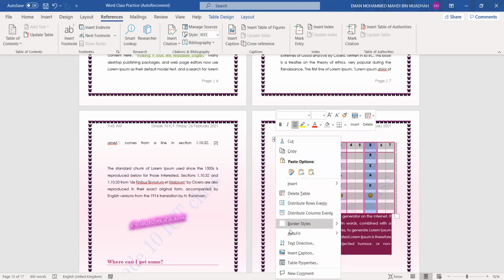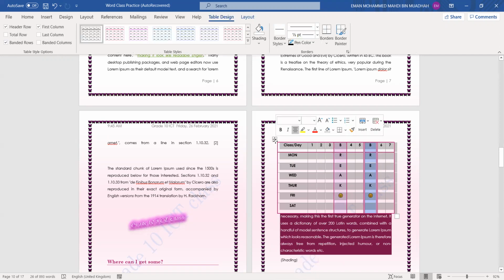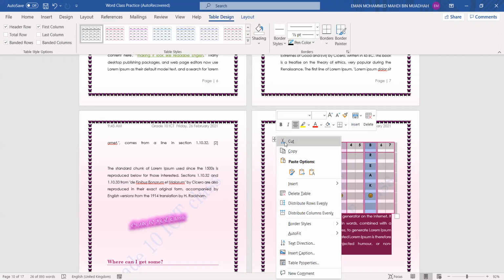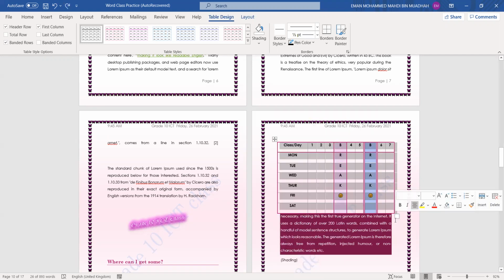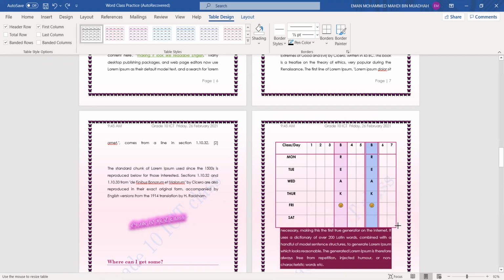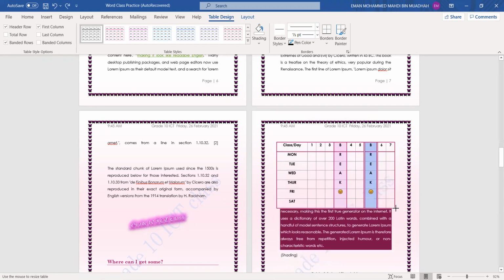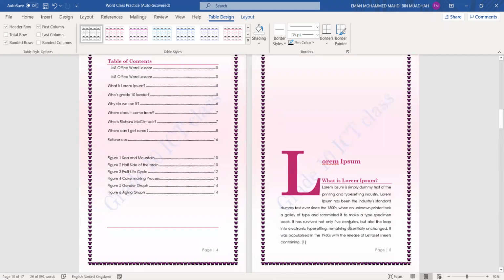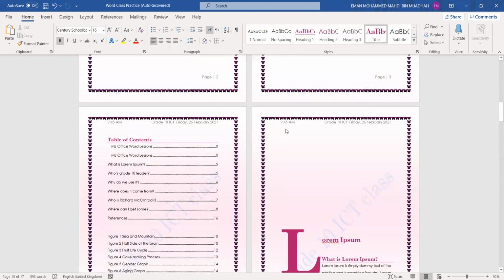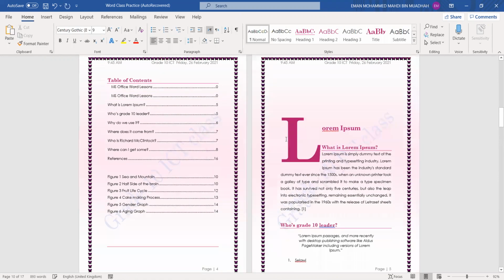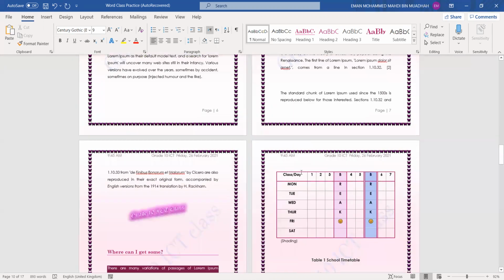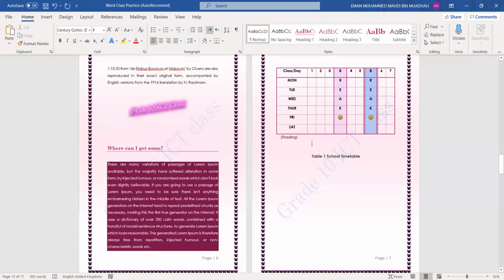Let me just wrap the table. Why is it wrapped up? Oh, okay. So